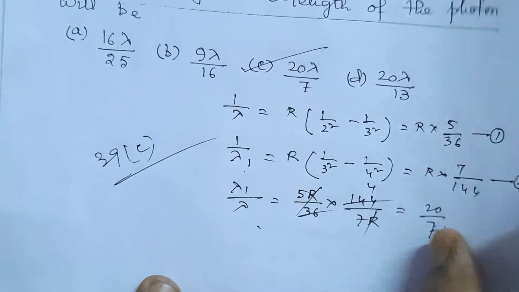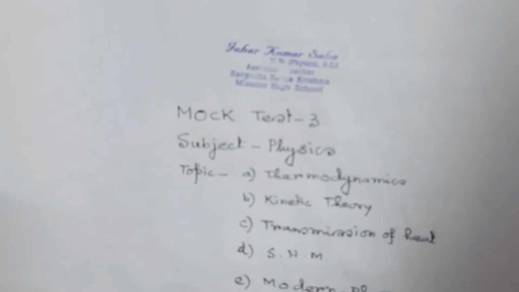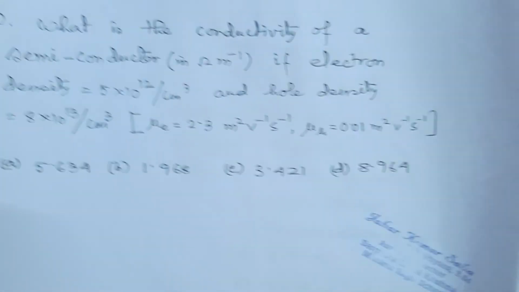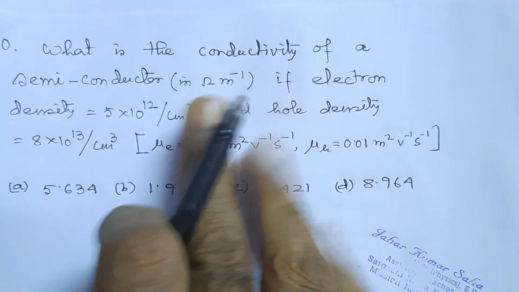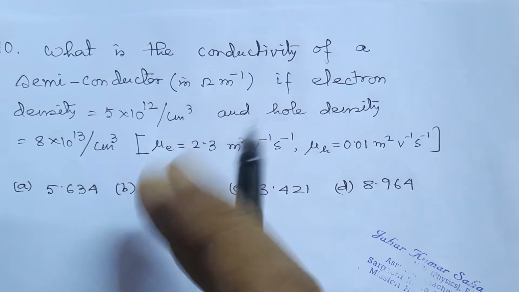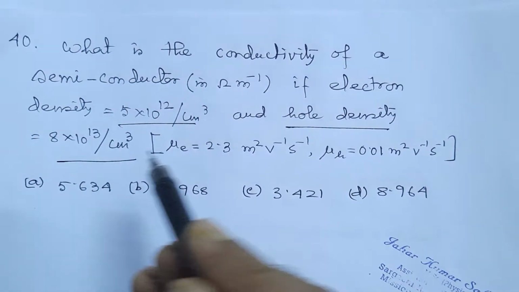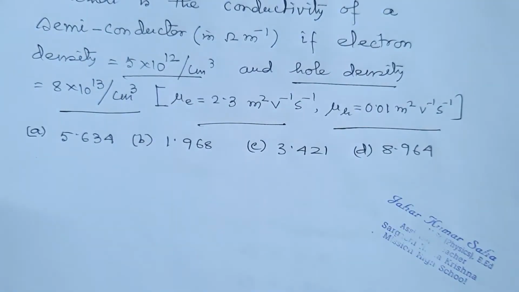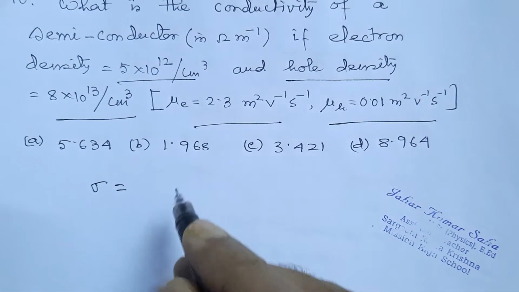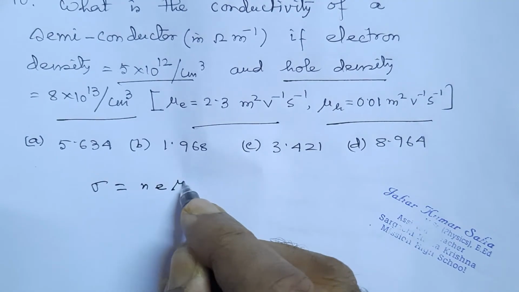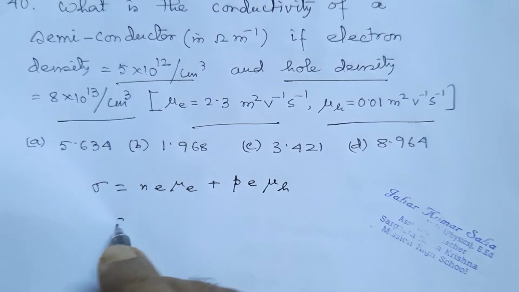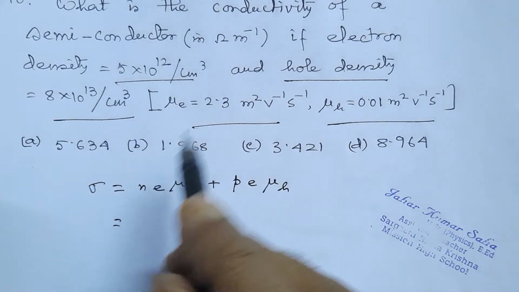Now let us see question number 40. In question number 40, what is the conductivity of a semiconductor if electron density is 5 into 10 to the power 12 per centimeter cube, hole density is 8 into 10 to the power 13 per centimeter cube, and mu E and mu H, the mobilities, are given, then you have to calculate it. That is sigma equals N into E into mu E plus P into E into mu H. So what is the value of N? N is 5 into 10 to the power 12